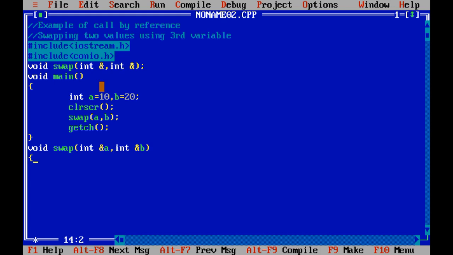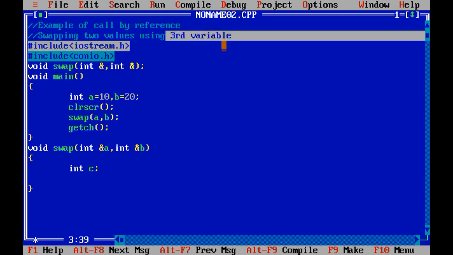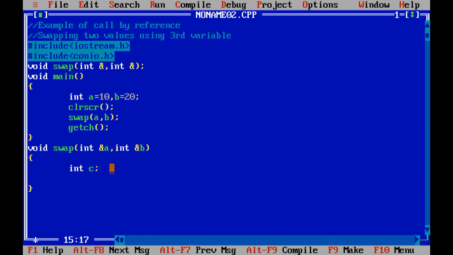In our previous program we have taken m and n. If you wish to take those variables, you can take them. Right now I am repeating the same variables. I need to use a third variable c over here. Using a third variable is there in our definition, that's why I have taken one integer variable over here.